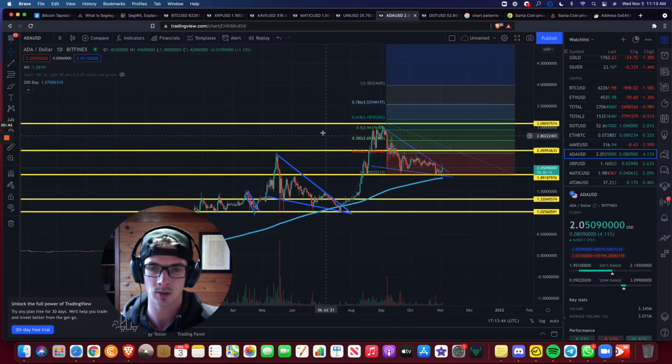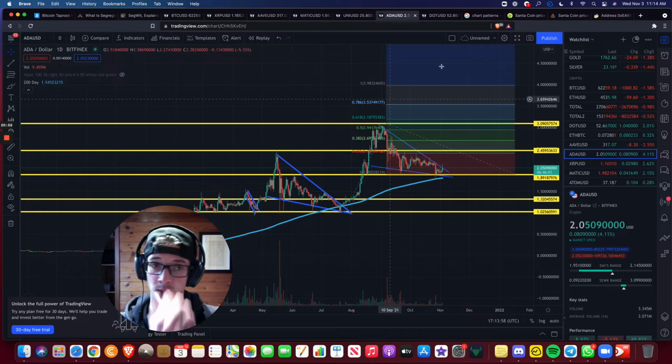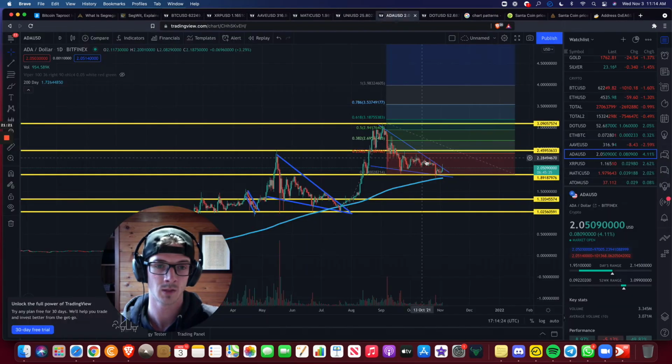Cardano ADA, let's take a look at this one. So we've seen this pattern form before, right back here in May to July. We're seeing this pattern form here again from August or September into the beginning of November. So when we come back over to some of our chart patterns, we see this type of pennant forming. Typically these would break to the upside, and typically the target for that is the top of the wedge. So we could see Cardano come back up to meet the top of the wedge here at around